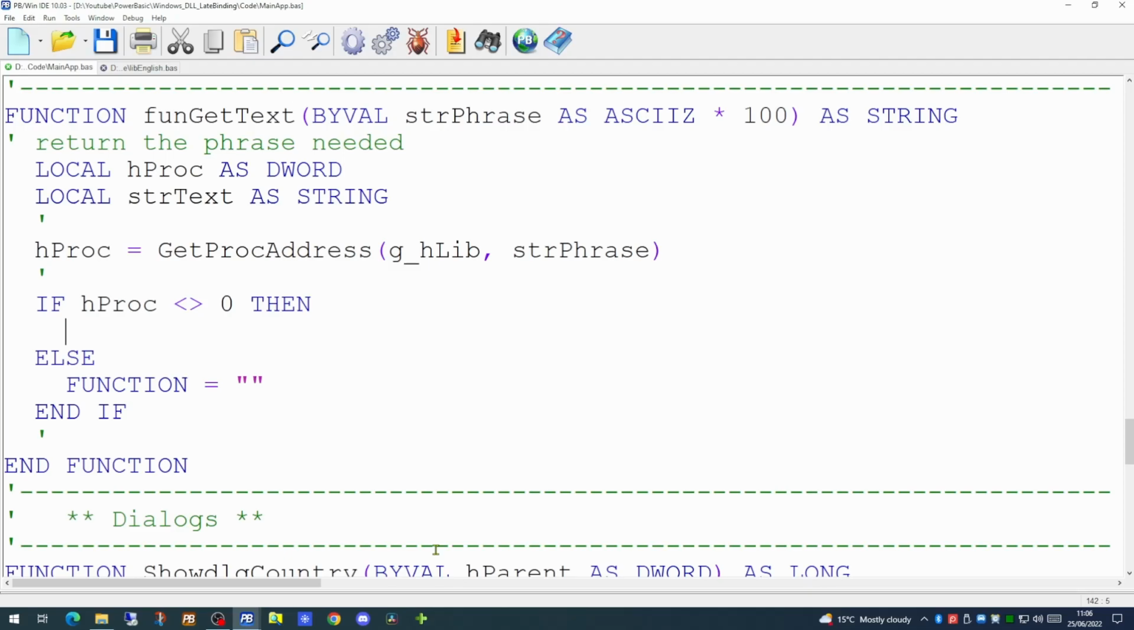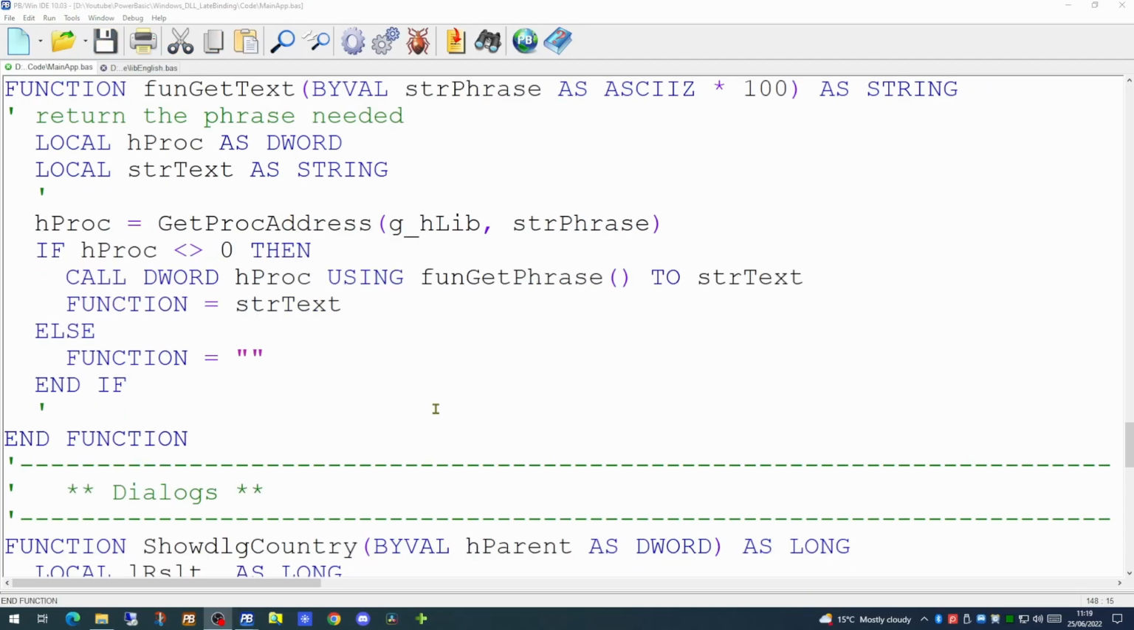Now we're going to put the single line of code in that's going to allow us to call the function within our library. And this is the one we declared earlier. We have defined this as funGetPhrase. So we're using call dword to call the handle we got a moment ago from getProcAddress. We're using funGetPhrase as our function and we're getting the string that appears out of that function to strtext. So once strtext is actually populated, all we need to do then is return that as the value of the function. So if we try running that code now,